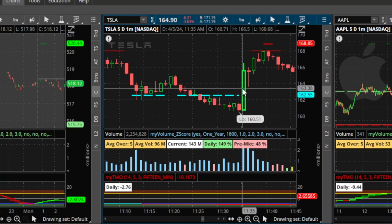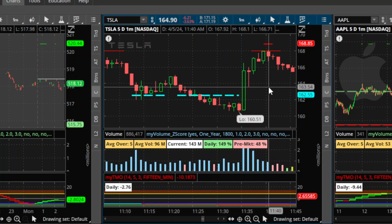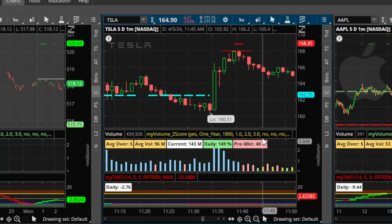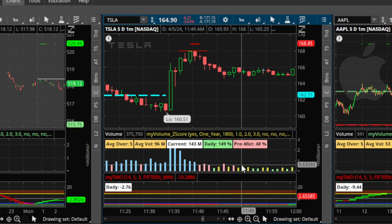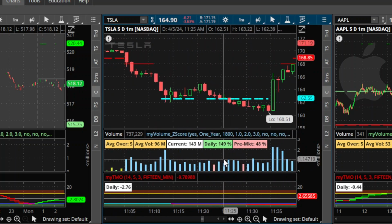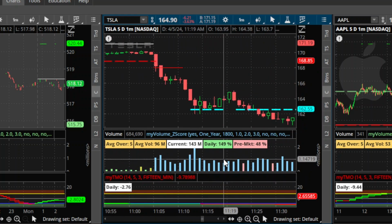So whoever's dumping these shares, someone's come in and started buying up all these shares. And you see they bought them all up in about the next 5-6 minutes. At that point, the price is fully recovered. The volume tails back down to the normal moving range. So really cool story here. Not every day you see this